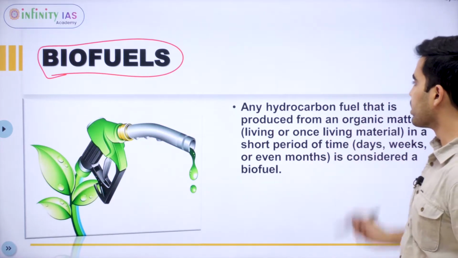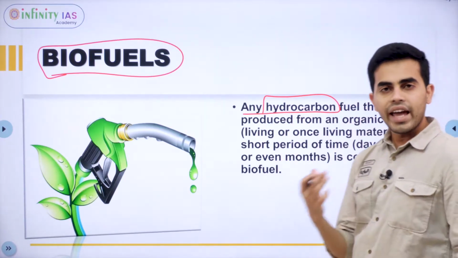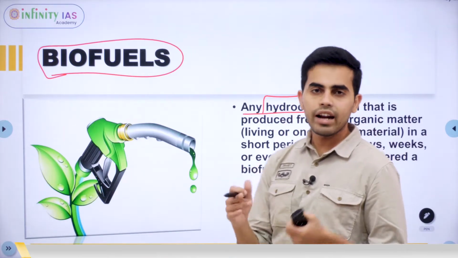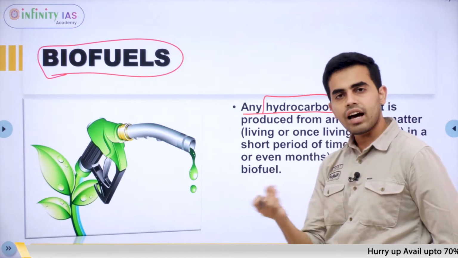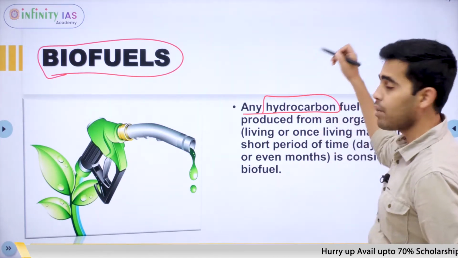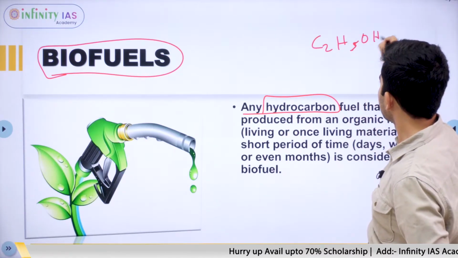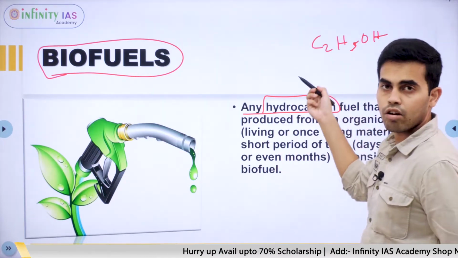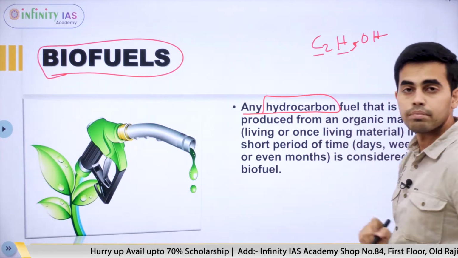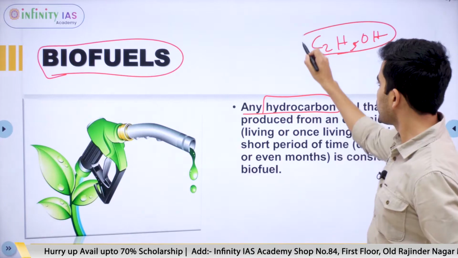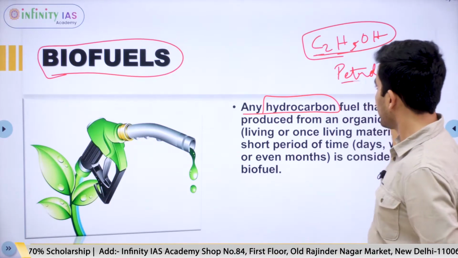So we look at every word. Any hydrocarbon fuel. What is hydrocarbon? Any molecule that has both carbon and hydrogen atoms. For example, our petrol has carbon and hydrogen atoms. At the same time, alcohol is C2H5OH. So ethyl alcohol also has carbon and hydrogen. So that is also a hydrocarbon. So if we see, alcohol is also a hydrocarbon. Our petroleum is also a bigger molecule, but still it will have